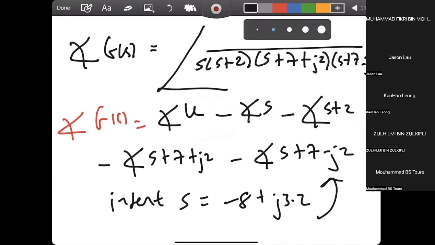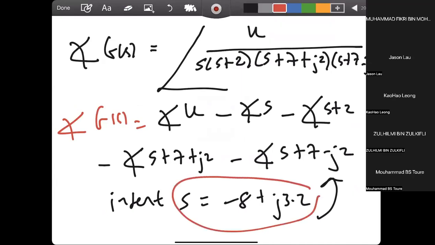So you insert these values inside that, and then you find the angle. So the angle is